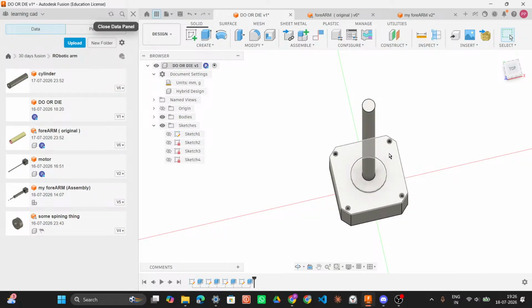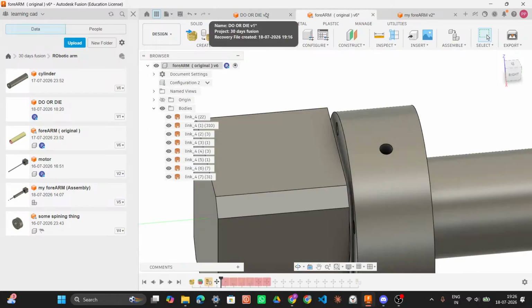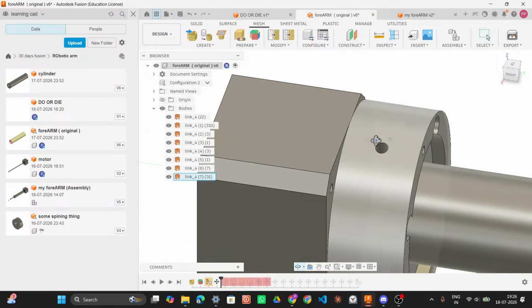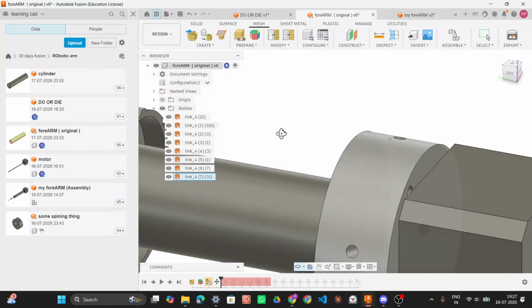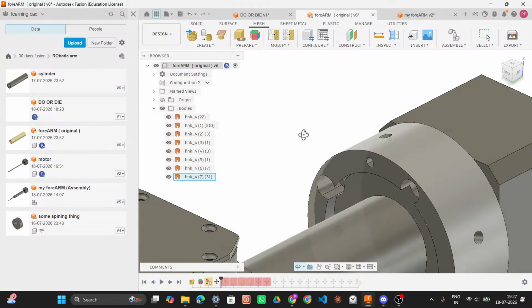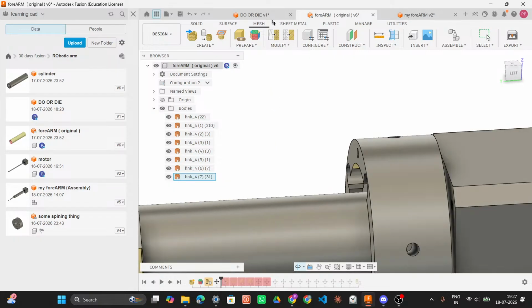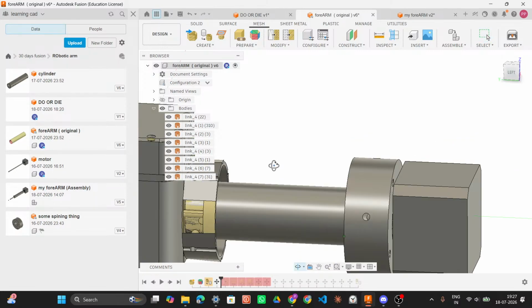And it's also wrong. Change every bit of